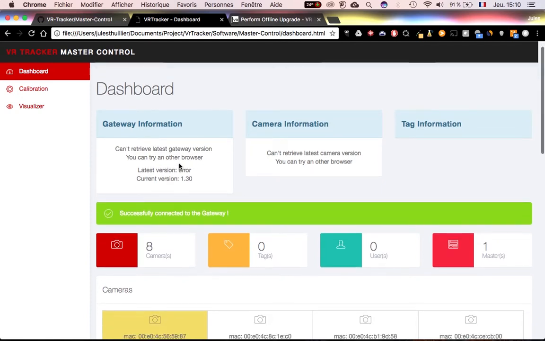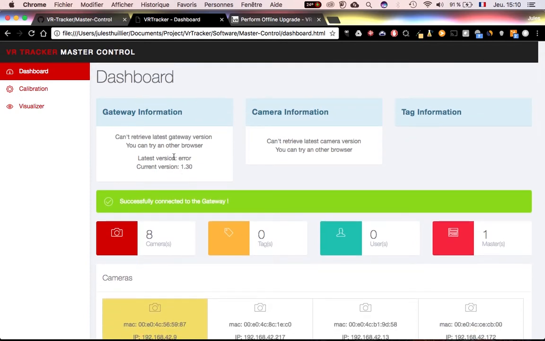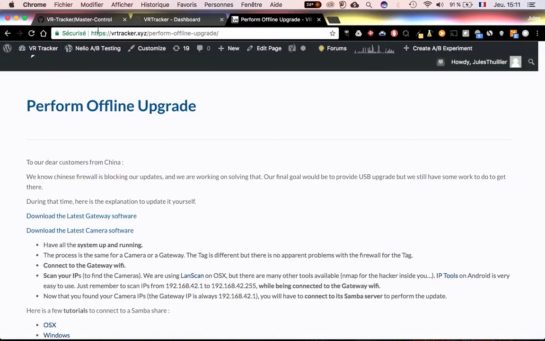So I'll show you how to do that. Sometimes the update can be stuck, either because you have a slow internet connection or you are behind a firewall. For example, if you have the system set up in an office, that happens. We normally have fixed that with the newest update, but you need to update it to have that fix. So what you have to do is first go to this page,